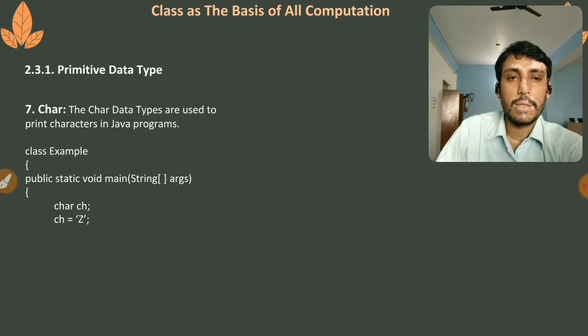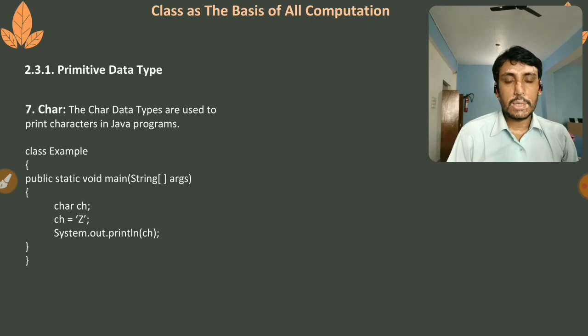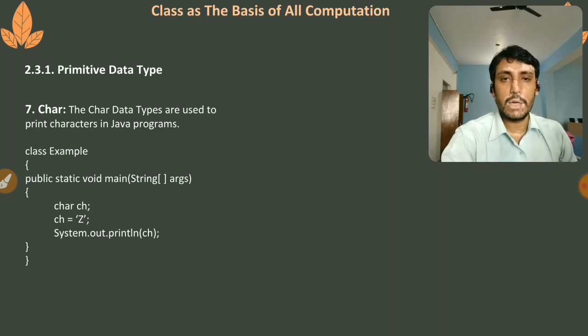Char ch. Char is the data type, ch is the name of the variable, and 'JD' is assigned. But do not forget to put single quotes around the character. Single quote is notifying that the value is a char. Though we have declared the data type as char, unless we put the single quote around the char, the compiler will always give you an error. So you should avoid that, and then print it.